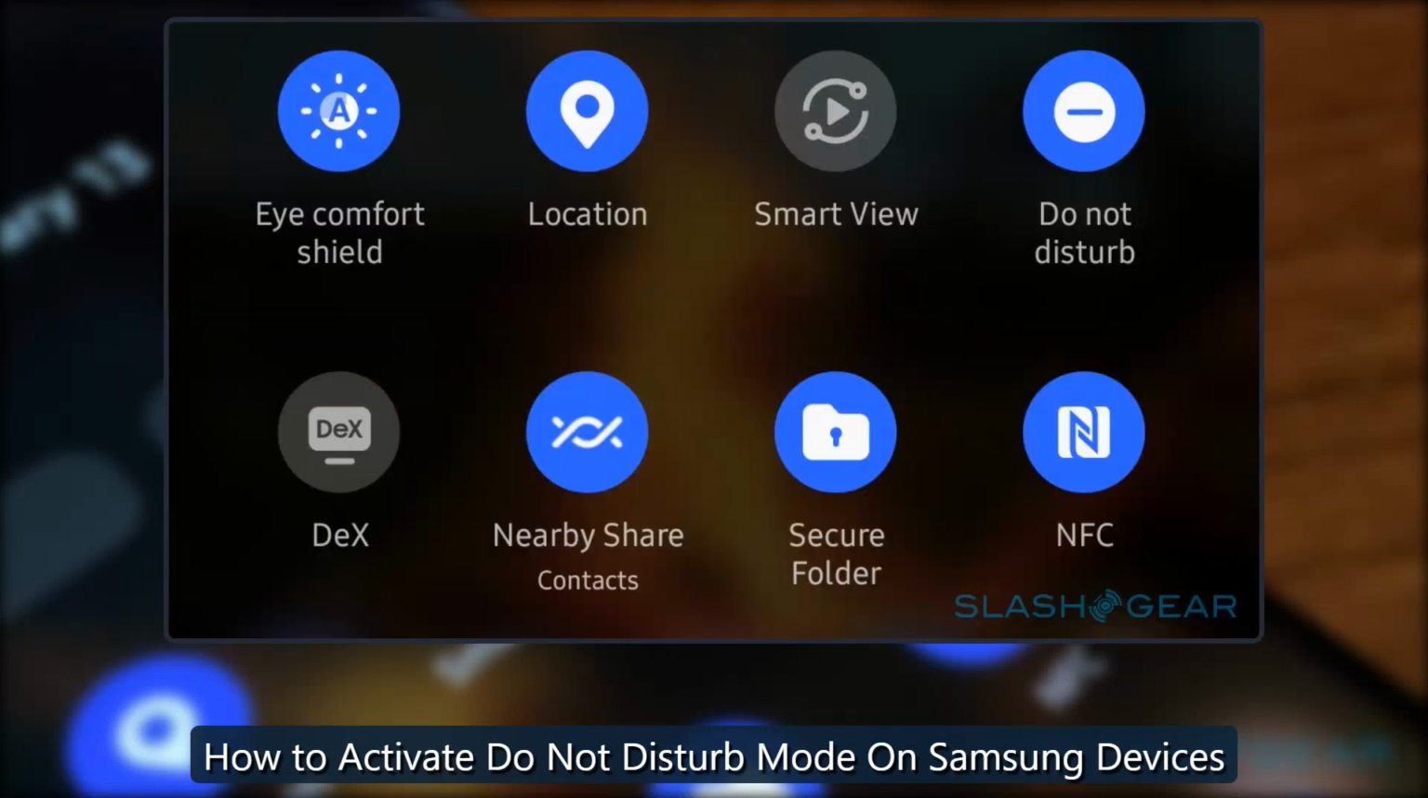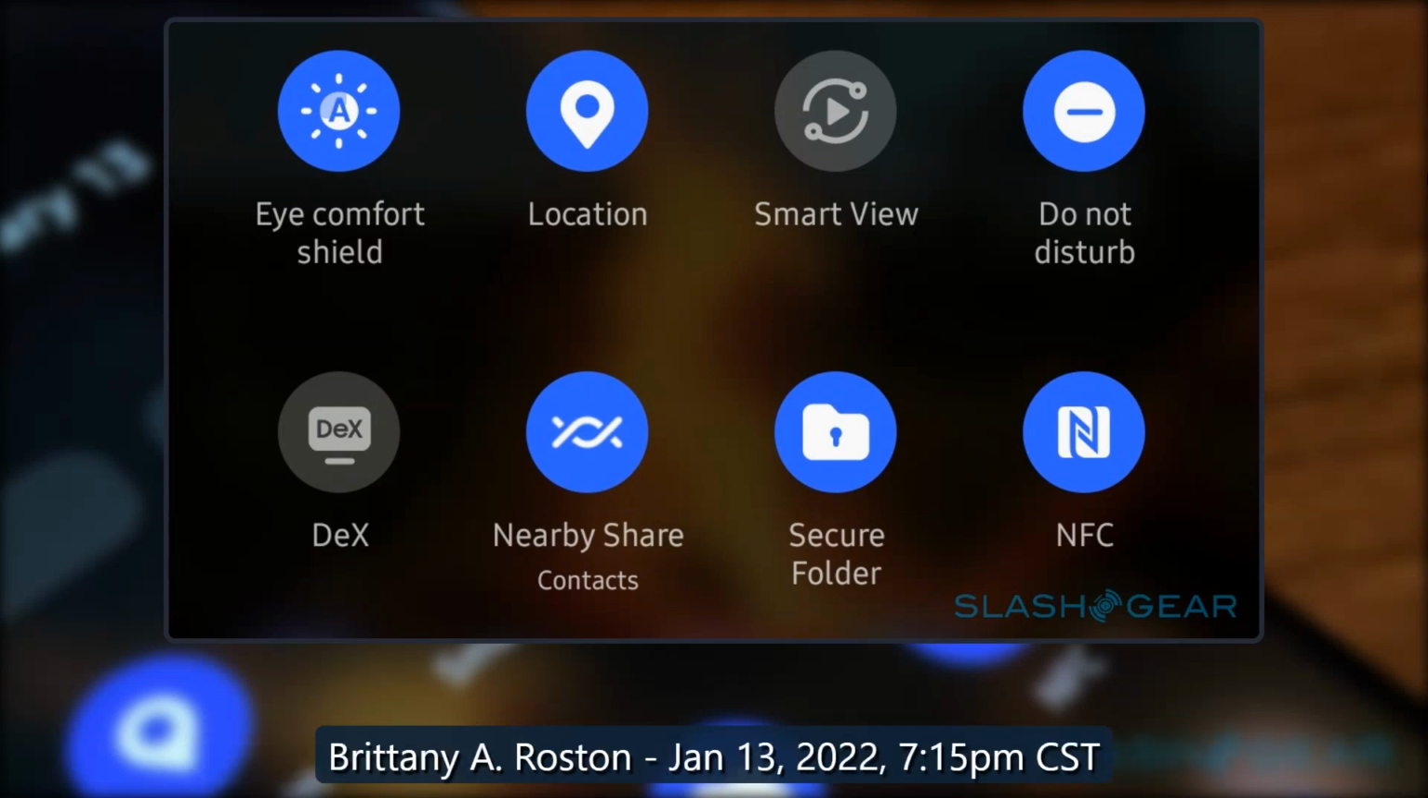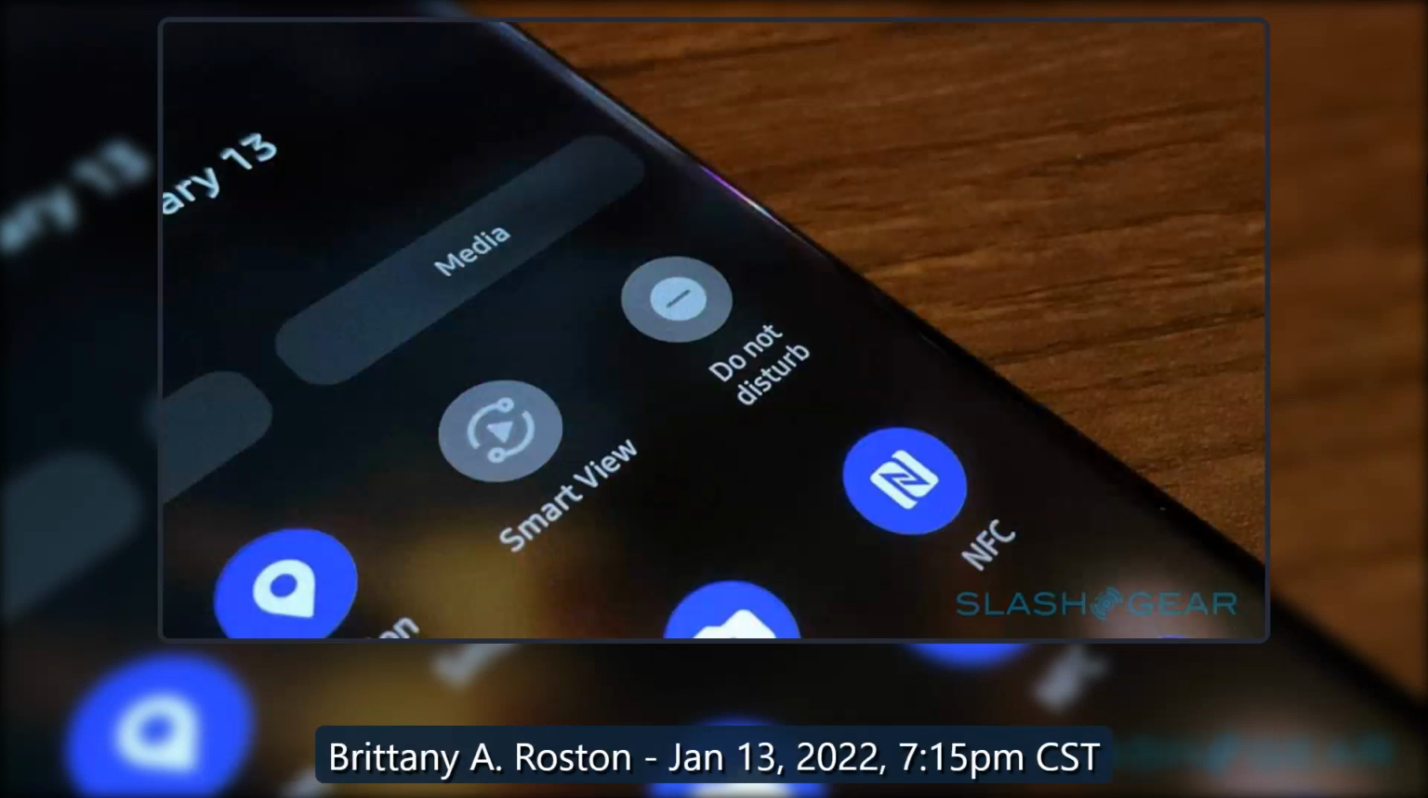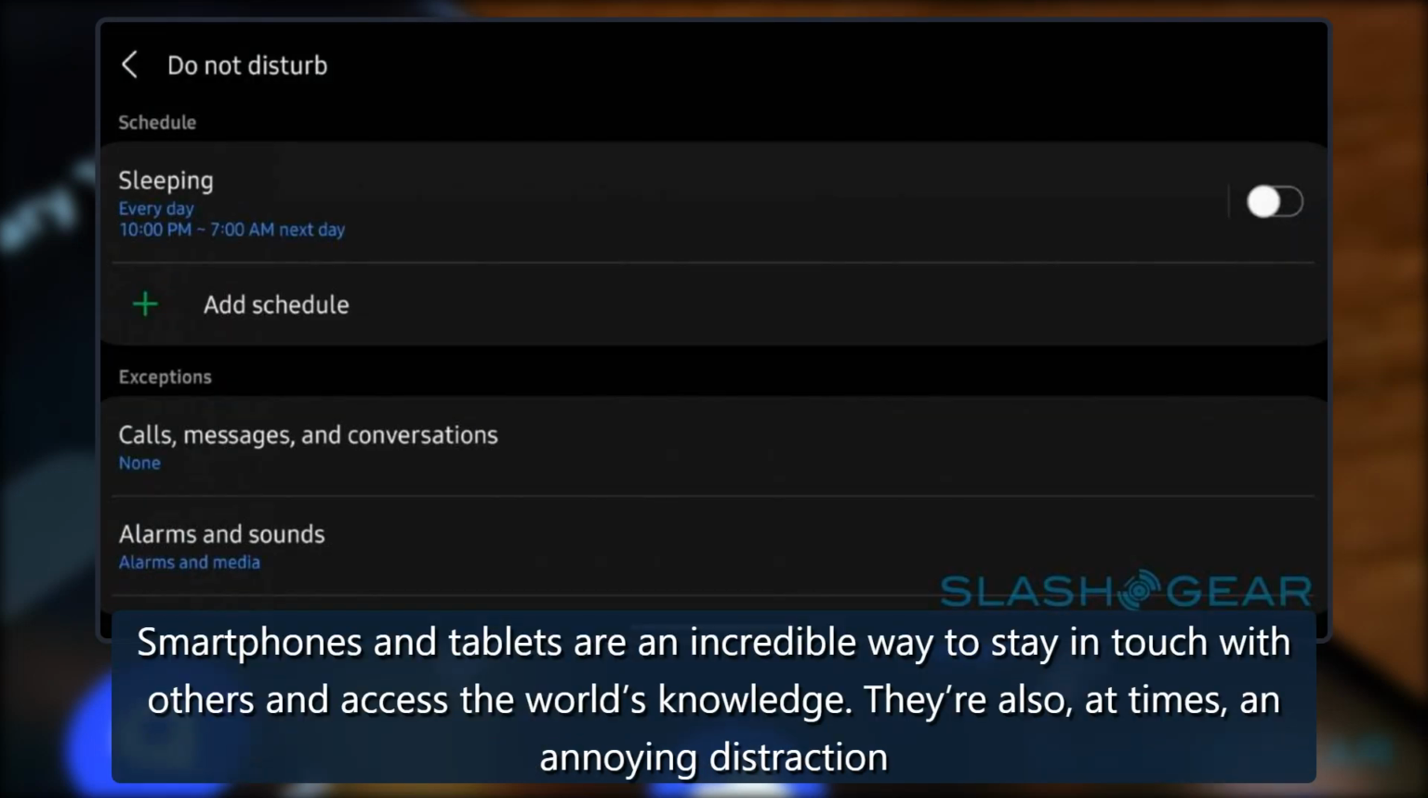How to activate Do Not Disturb mode on Samsung devices. Brittany A. Roston, January 13, 2022, 7:15 p.m. Central Standard Time. Smartphones and tablets are an incredible way to stay in touch with others and access the world's